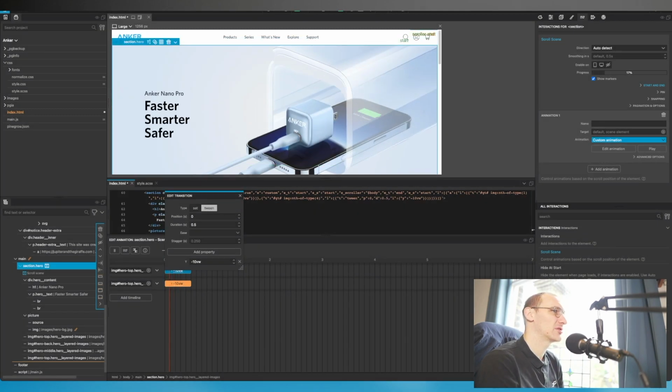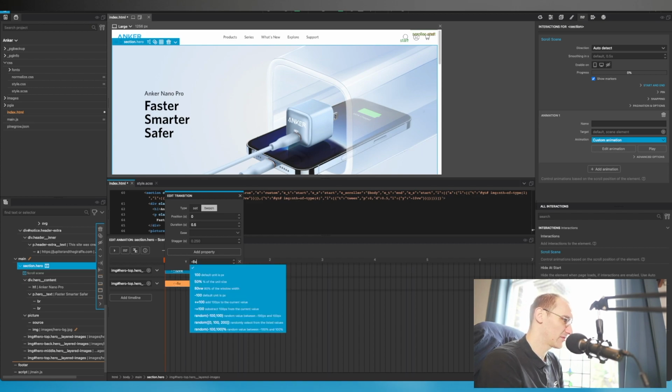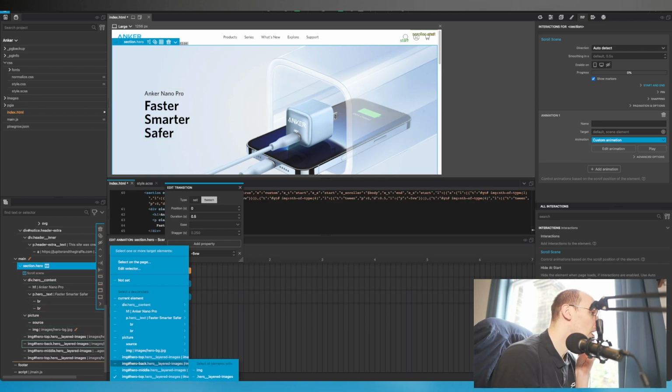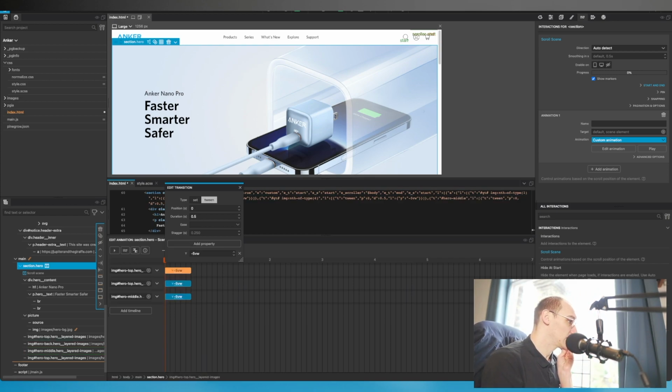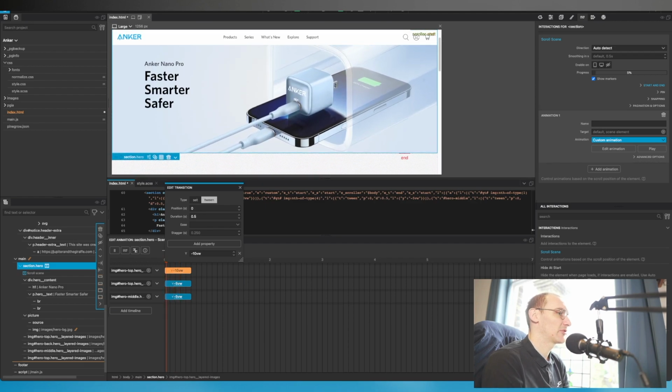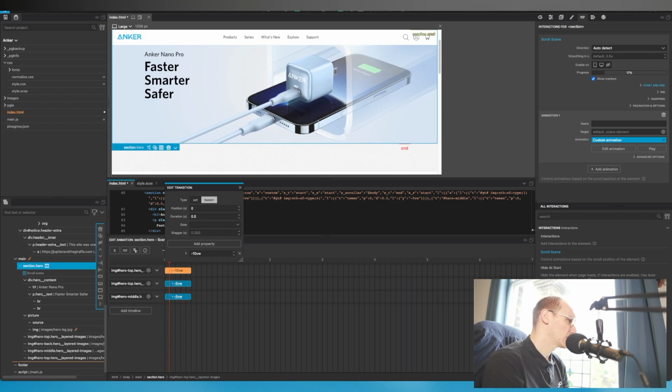10 is probably a bit much, so let's reduce that to 5. Okay, maybe a bit too much there as well, but I would say then the phone just needs to move a little bit faster. So let's just duplicate that. And now we select the phone, which is the middle. And then we'll have that go up 10. Kind of seems to be moving up the same pace. Unless I've